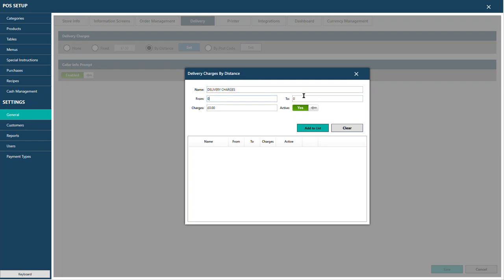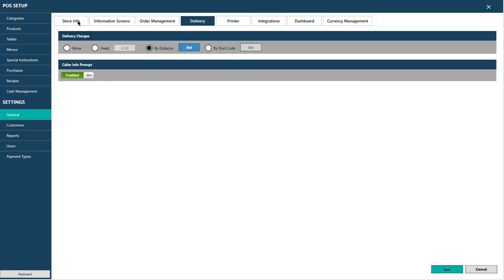And then from 0 miles up to 2 miles, they are charging 150. Add to list. Then again write delivery charges from 2.01 miles to 3 miles, they're charging 250. Add. And then again you type delivery charges from 2.51 miles to 5 miles, they're charging 350. Add. So now the software will automatically charge, but for this feature to work, you need to give the complete